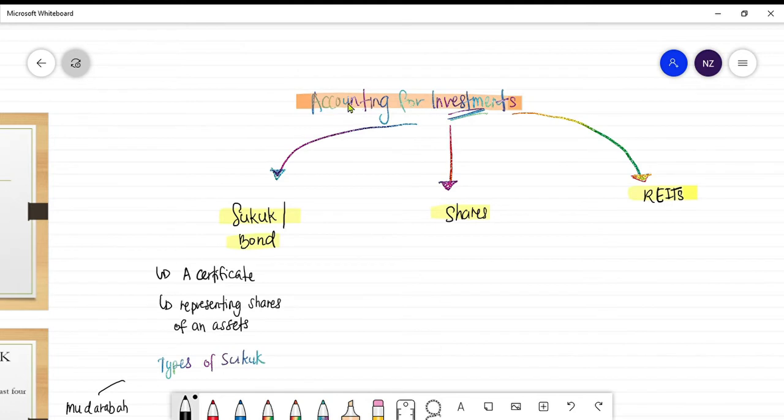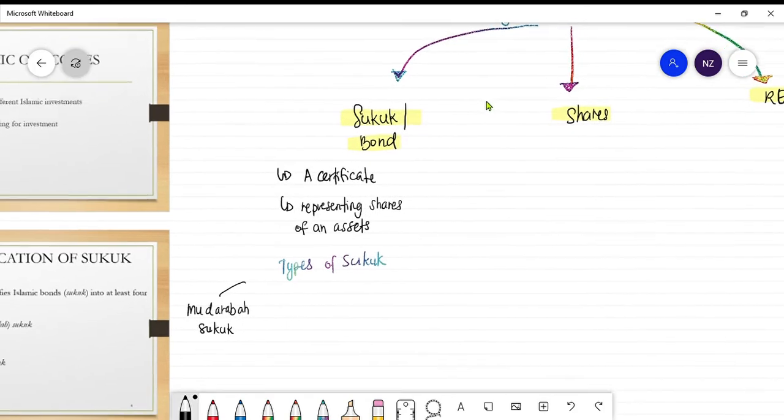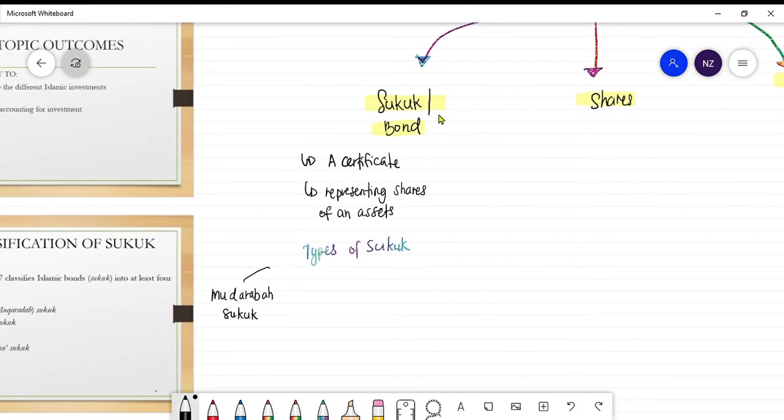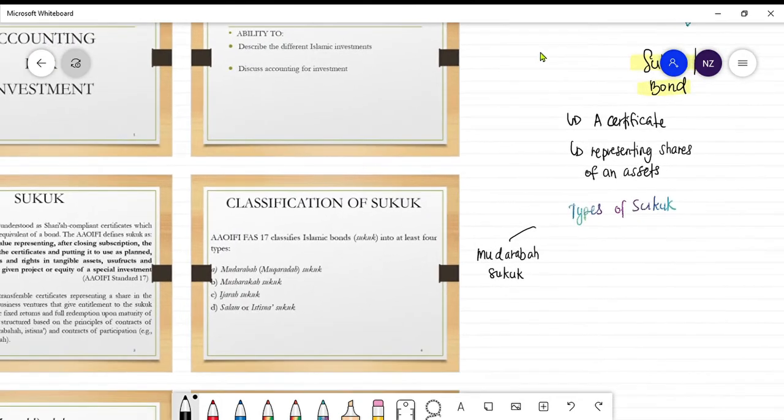Okay, this is the second last topic for our subject. As you guys know, according to this topic, there can be three types of investment. Whether we can invest in sukuk or bond, or buy shares, or probably buy REITs or real estate investment. Okay, for the first type of investment, which is sukuk or bond, according to the slide,